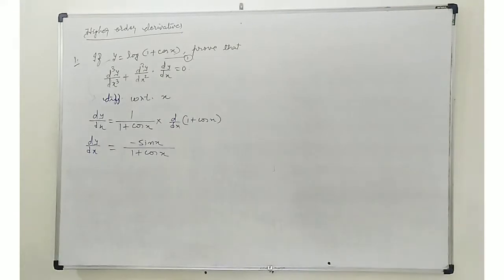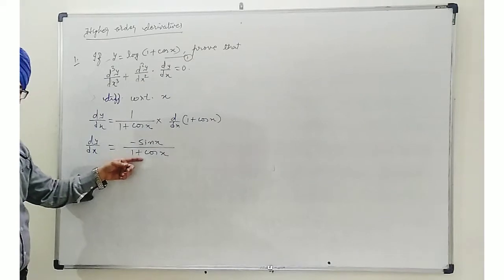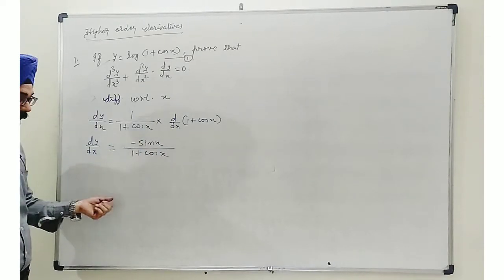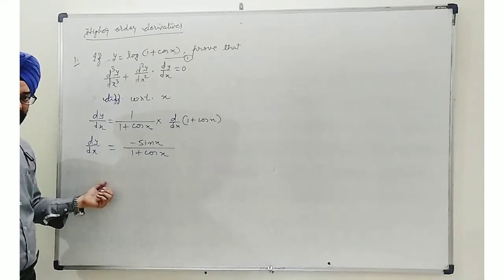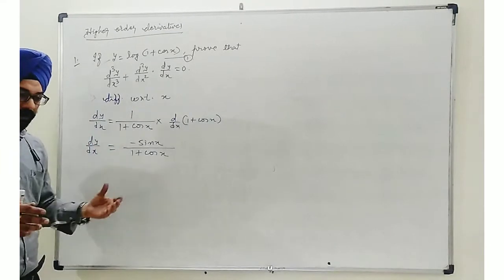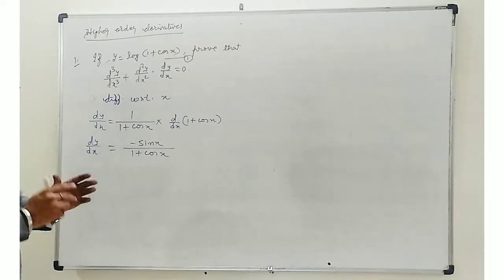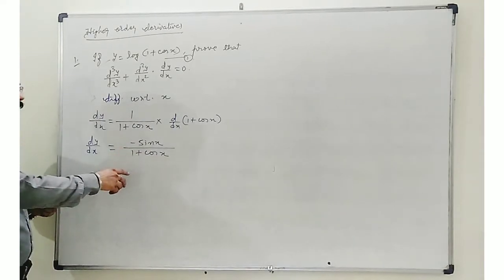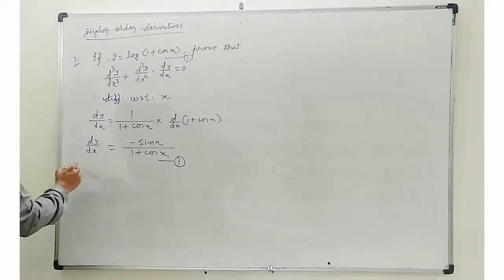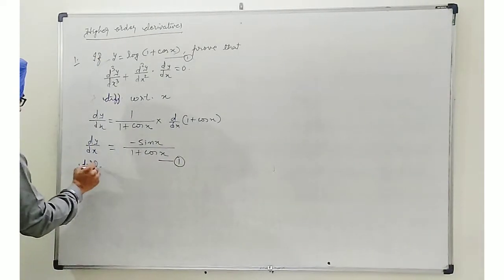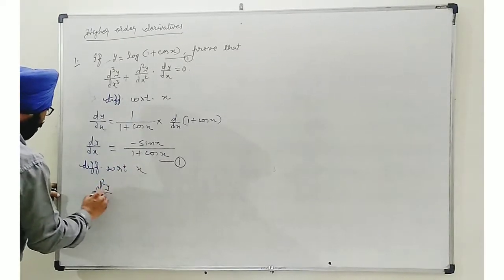Now after this, what you can do, there are two ways, two methods are there. Either you can manipulate this obtained value of dy by dx using trigonometric identities, or otherwise you can use it as it is. But as I know that maximum students prefer to differentiate this directly, so we will do that. Only thing we have to observe here, this is rational form, so we need to apply quotient rule. This is first one. Now we are going to differentiate once again with respect to x. So we get d square y by dx square.